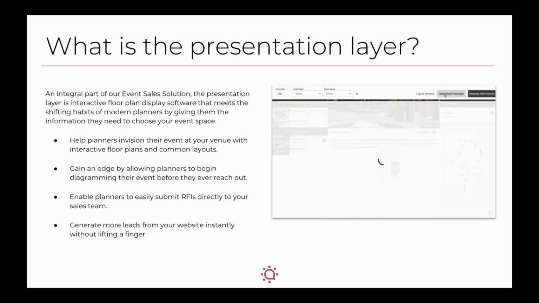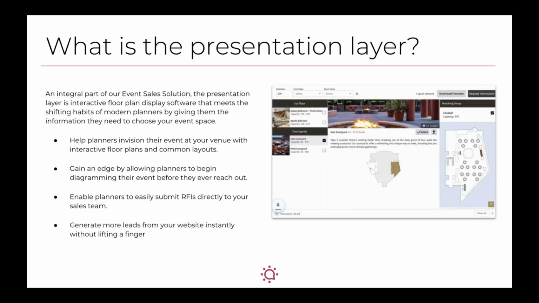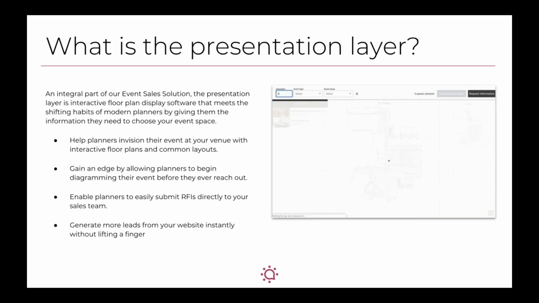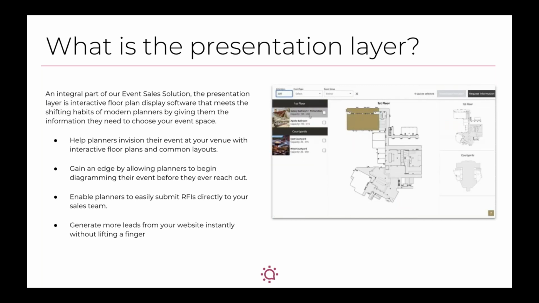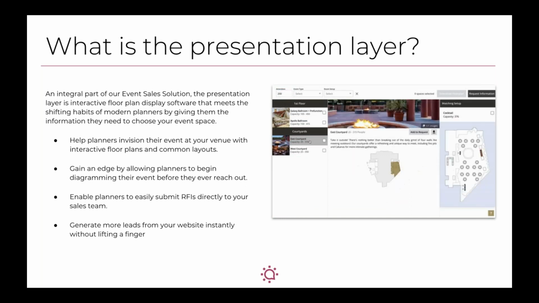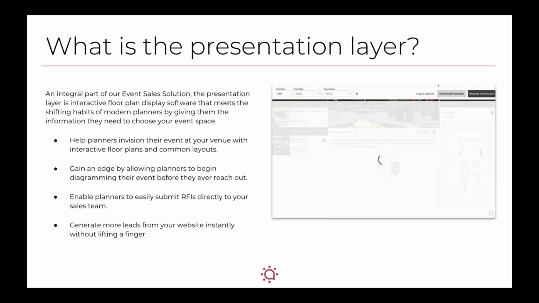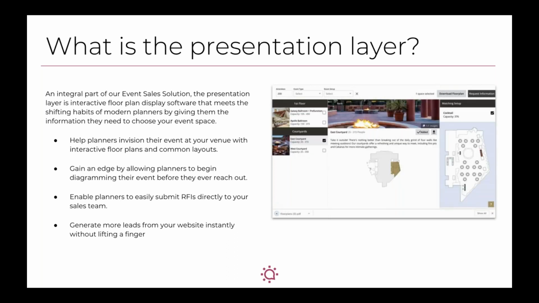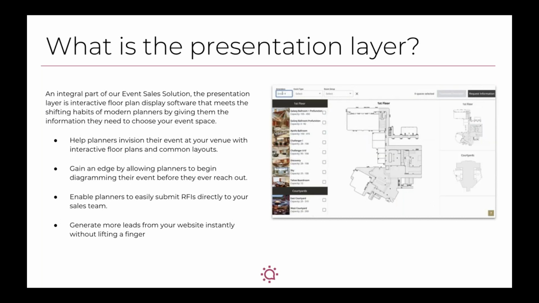of marketing collateral, pictures, room descriptions, visual capacity charts that help planners envision their event at your venue without having to submit an RFP and get a response. So think of it this way, allowing planners to visualize the diagram in 2D form before they even ever reach out. This enables planners to easily submit RFIs to your sales team because they have a pretty clear idea of what's